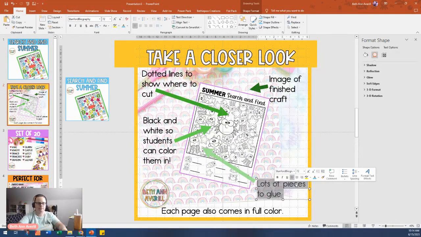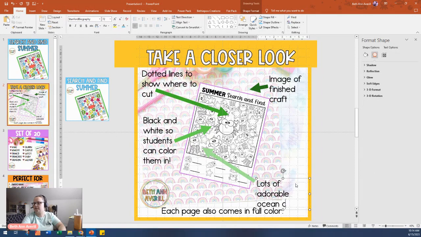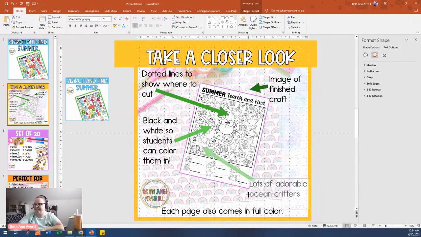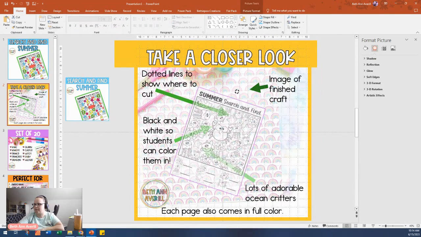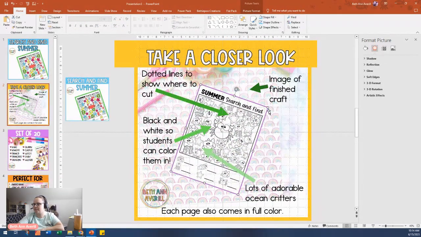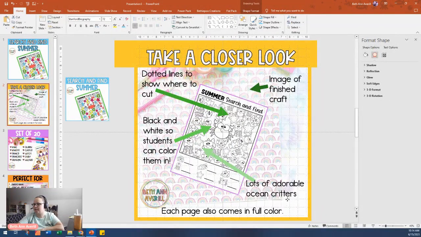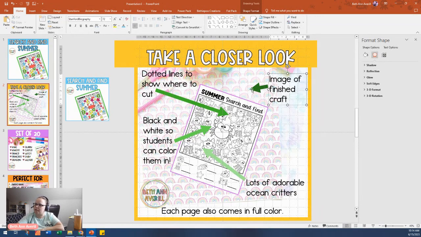Lots of adorable ocean critters or something, you know, there's lots you can put here. Lots of adorable ocean critters. I put this over here and maybe turn you a little bit. Okay. And then this would be like,